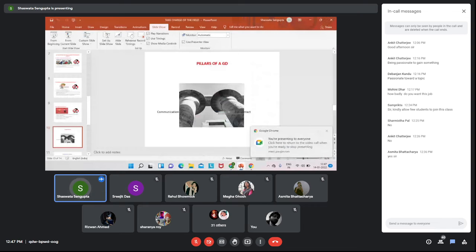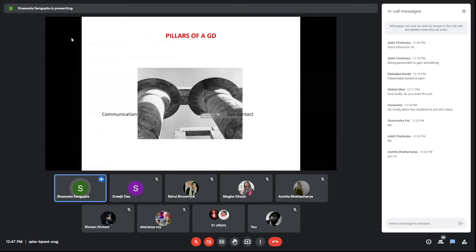So as I was saying, by communication skills, it means English that everyone is able to understand. As you know, communication is a two-way process. Now, you might be speaking in very eloquent language. You might have a very good vocabulary stock. But if whatever you are saying is Greek to the people sitting on the other end, then the very purpose of communication fails.